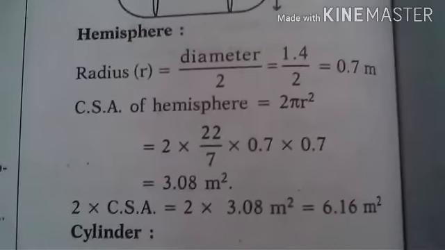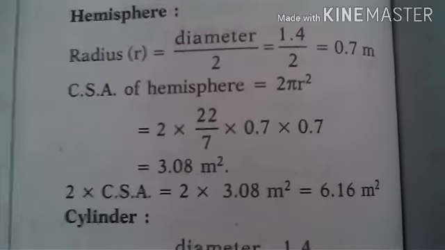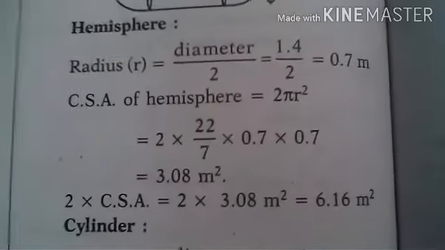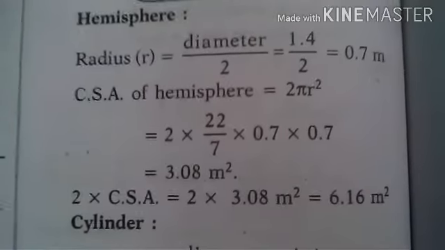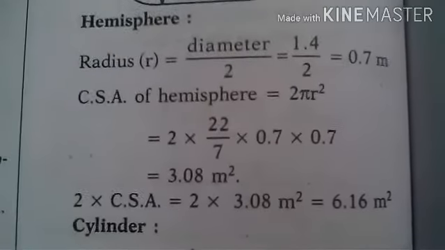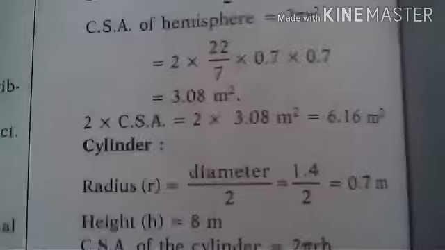So CSA of hemisphere is equal to 2 pi r square. Now substituting the values, we will get 3.08 meter square. It is multiplied with 2 times. We will get 6.16 meter square. Now calculating the